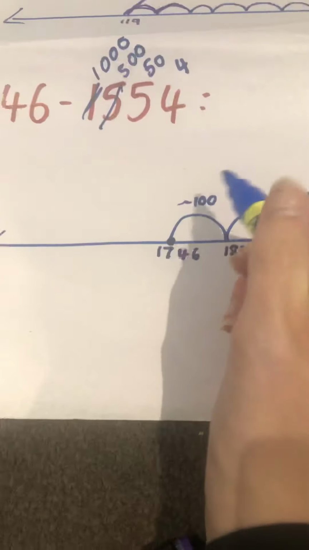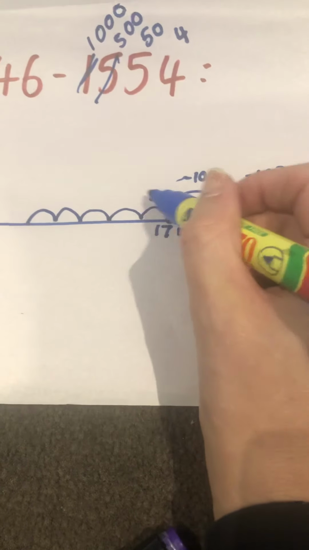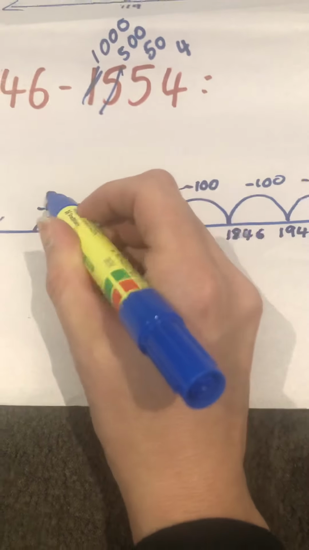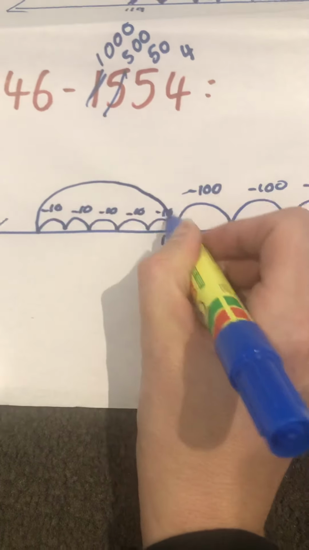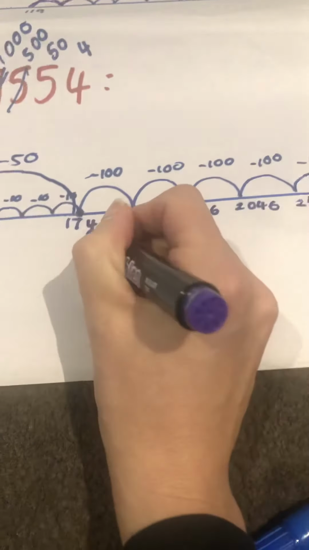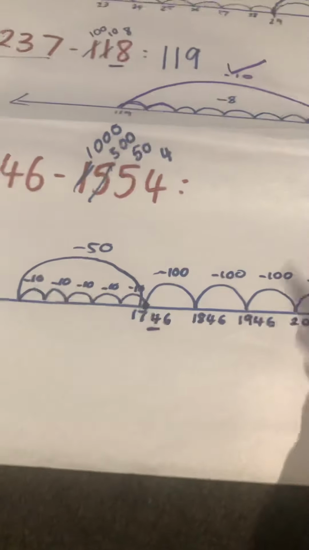Okay, so I'm going to do 1, 2, 3, 4, 5 jumps again. Again, this one would be take away 10, take away 10, take away 10, take away 10, take away 10. All together, if you wanted to do one big jump, it would be take away 50. Okay, now I'm counting back, and again, I'm looking at this number here when I'm counting back by tens. Okay, so let me put in here